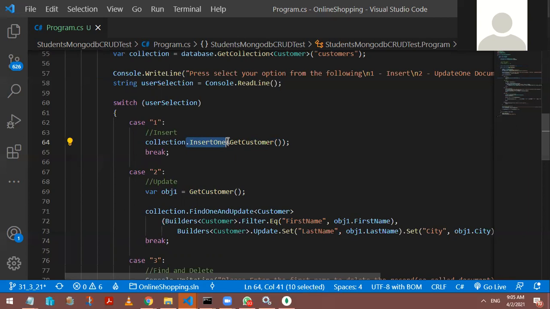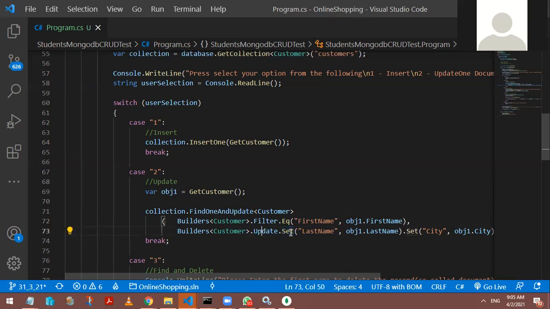So like that way, I wanted to search. If you want to search, what is the method available? Find one and update, and give that customer. So find one and update is the method. But for the find one method, how do you want to find it? So you really want to build a query. Listen carefully. Now in this case, if you want to find a particular object from the collection, you first have to give the criteria of how you're going to find it. And how do you get that? You always use something called builders. Okay? So Builders dot Filter dot Eq first name. So please check whether the first name key matches the value of that first name. If it is available, how do you set the value?